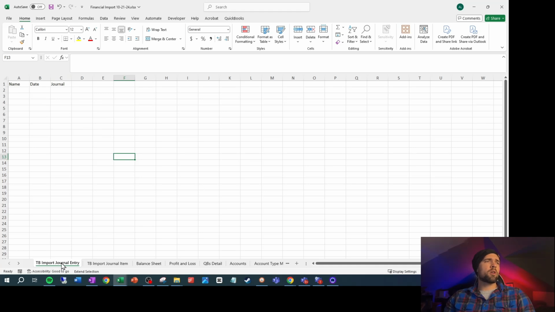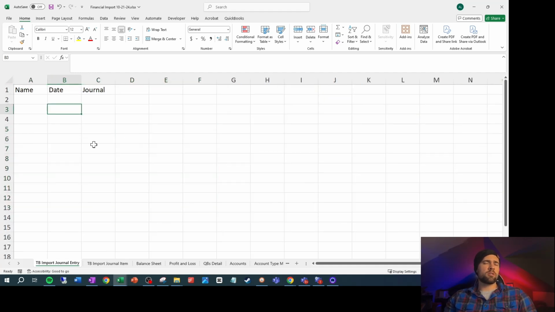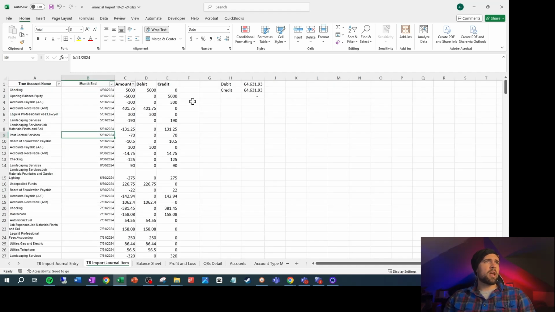Okay, so now we're moving on to our journal entries. Create a new tab for TB import journal entry. And hopefully you can see this all right, but if not, I'm going to zoom in just real quick. So the name, we are going to get a name from here. So we're going to say